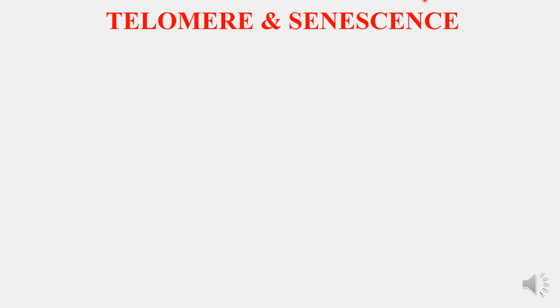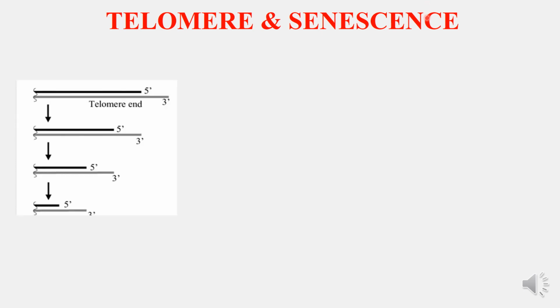Now we come to telomeres and senescence. So what is happening is, with successive cell division and successive replication, with each round of replication there is some shortening, till the critical length of telomere shortening is achieved. So it takes around 70 divisions to reach that critical length, and once that critical length is reached, the cell